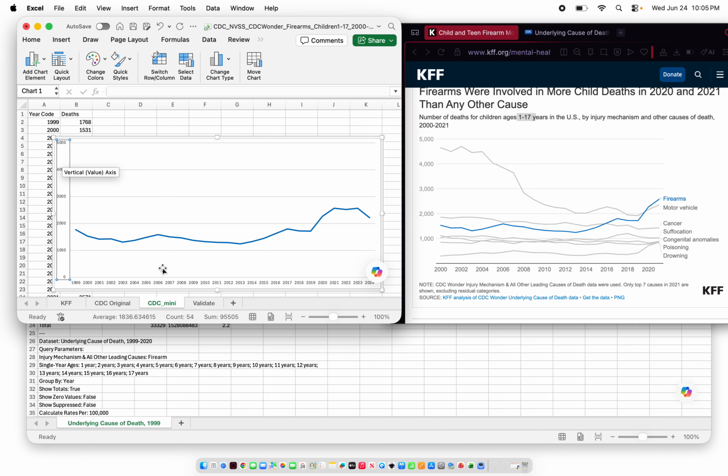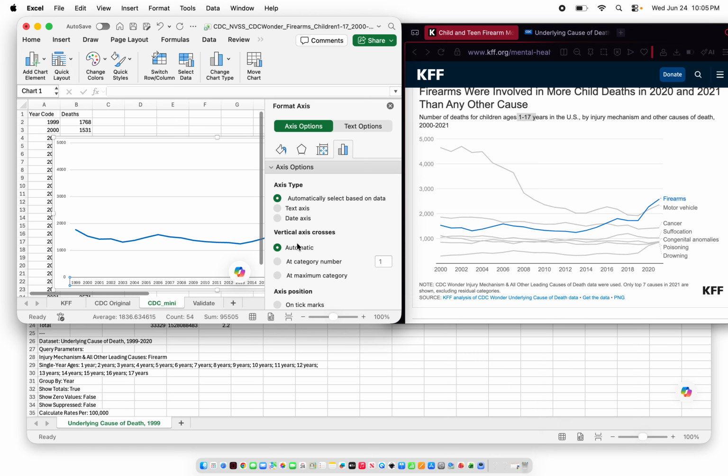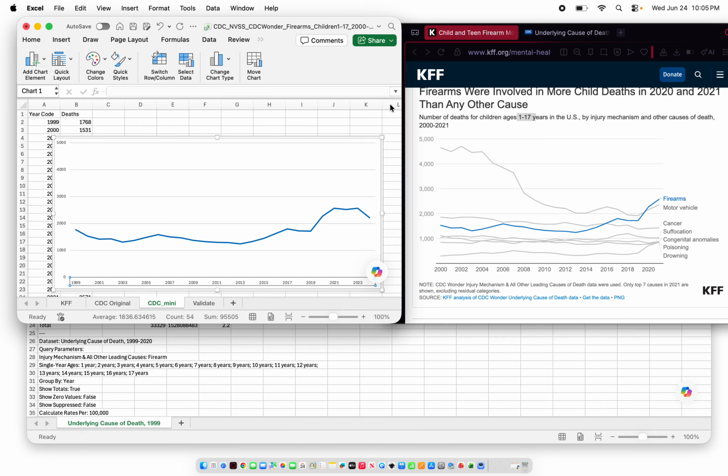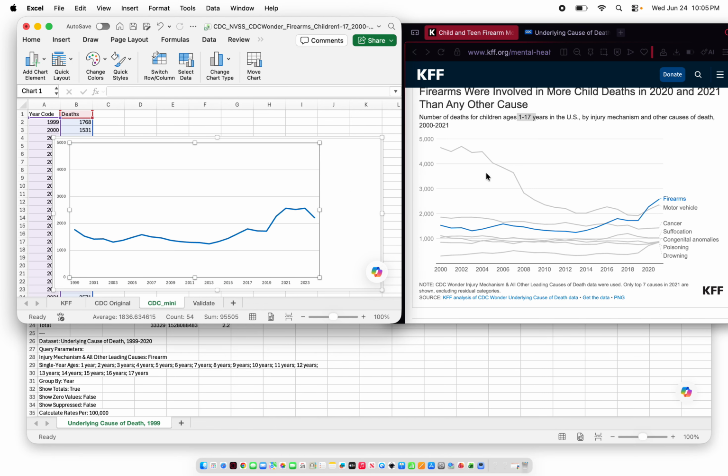Now, let's change this. Here we're skipping not a single year. It looks really crowded on the x-axis. So similarly, we can change the label frequency. And Kaiser did every 2 years, so let's do that. And you see how it just keeps on going. Looks exactly the same. Maybe we can do one more thing here. We can add a label. Here, firearms is here instead of on a legend. So what we do is we basically insert